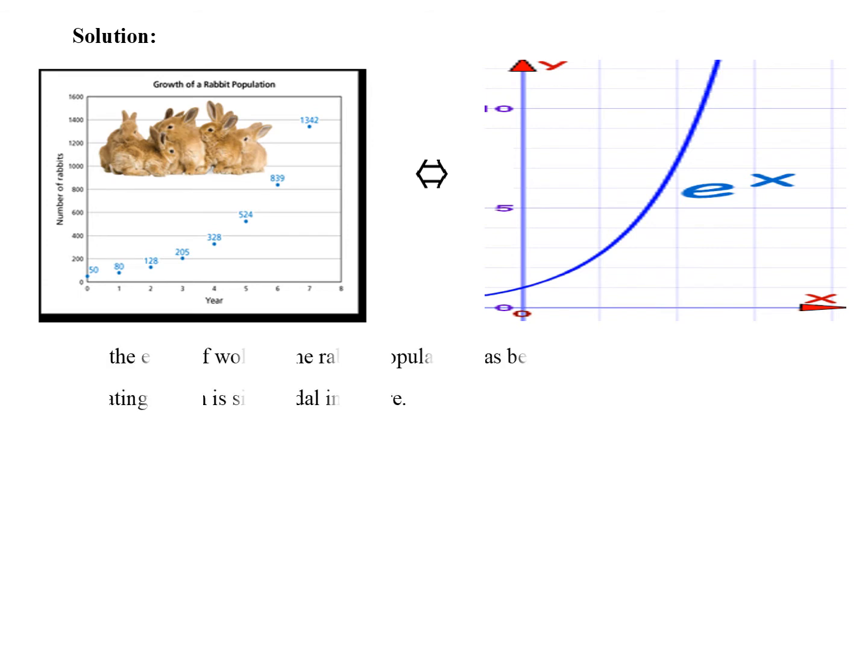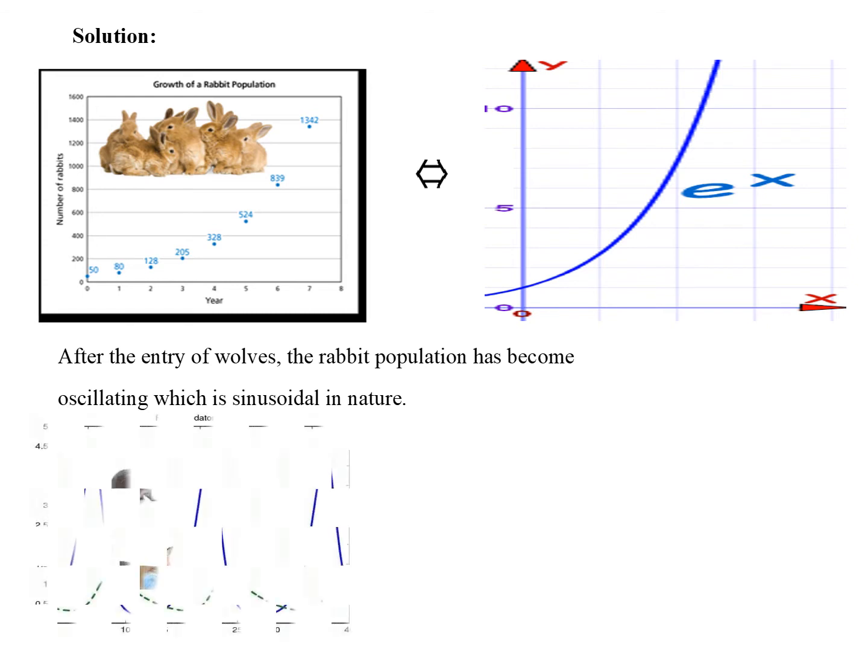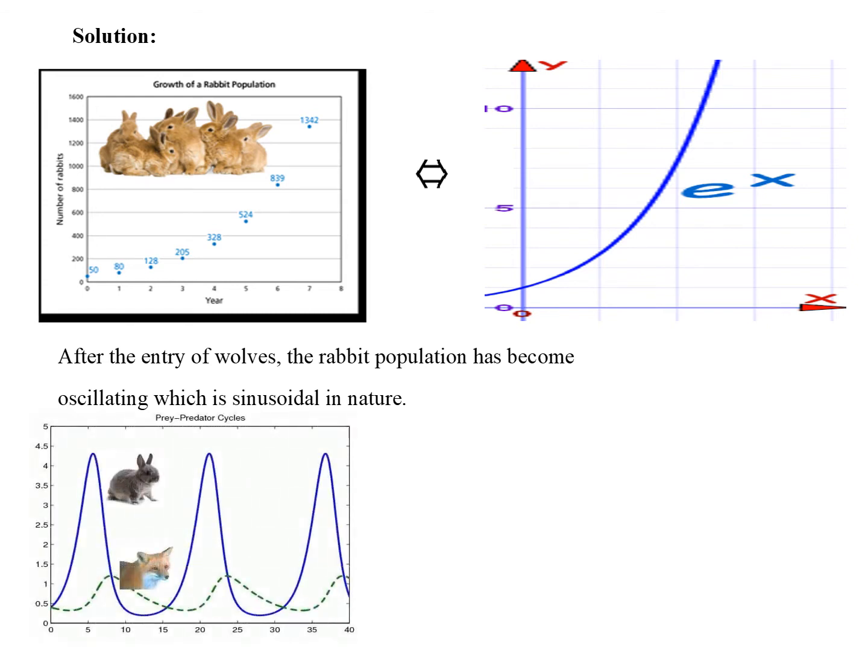Now after the hunting happened because of the entry of wolves, what is the pattern they observed and had given? Yeah, this one. When you observe this cycle, is it not our famous Fourier series sine and cosine pattern? Yeah. So our work here is to represent the function e power x as sines and cosines. That is, we need to express the function e power x as a Fourier series, because Fourier series is the trigonometric series which has sine and cosine terms.